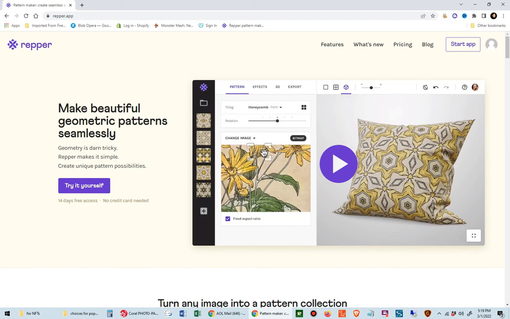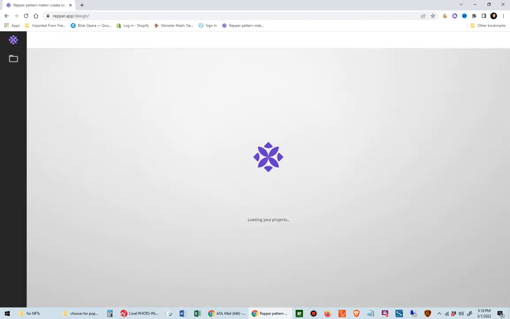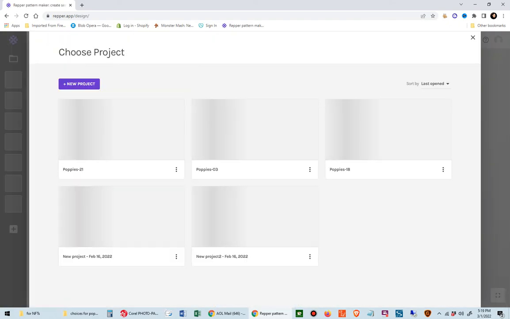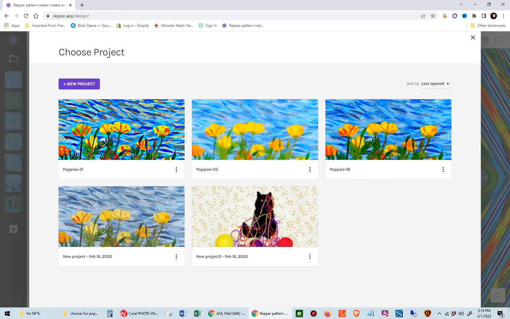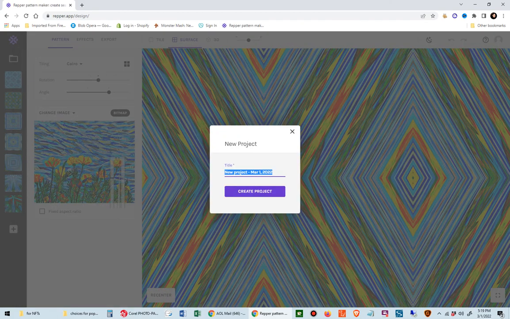And this is what their homepage looks like. It is a subscription service, so you do have to pay for it, but you can play with it for free if you want. You just can't download anything. So we're going to go ahead and start it up. I've already logged in, and it's going to take me to my project page, and I've already got several projects in here, but we're going to start a new one today. So we're going to start a new project, and we're going to call it